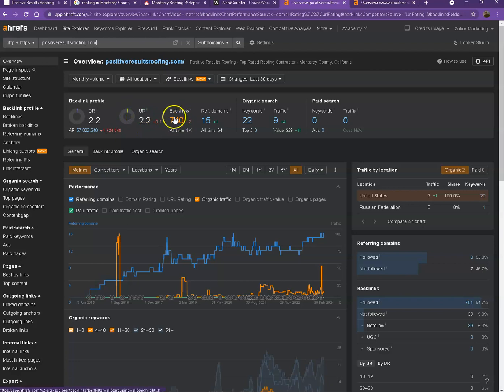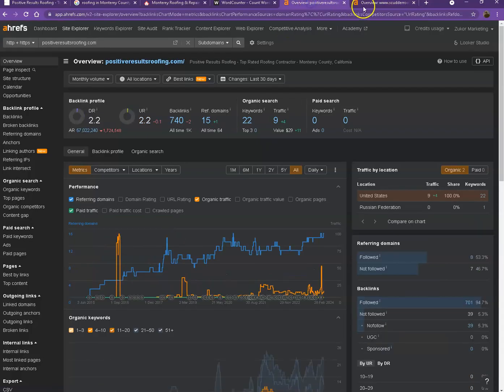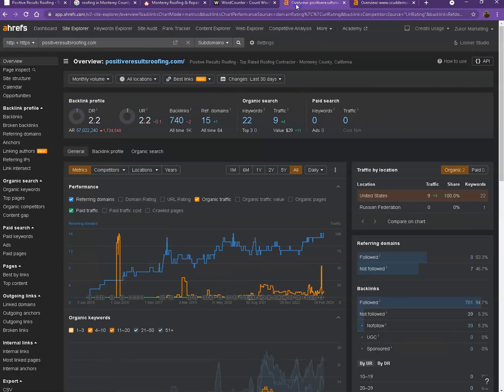Well, backlinks, on the other hand, are other websites that refer to your website, so they're like shoutouts from different directories like Yellow Pages, Yelp, and the like. And I also have your competitor's website pulled up here, so we'll be comparing the numbers and we'll see what they actually have differently. Looking at DR and UR first, it actually shows that they have more numbers, which